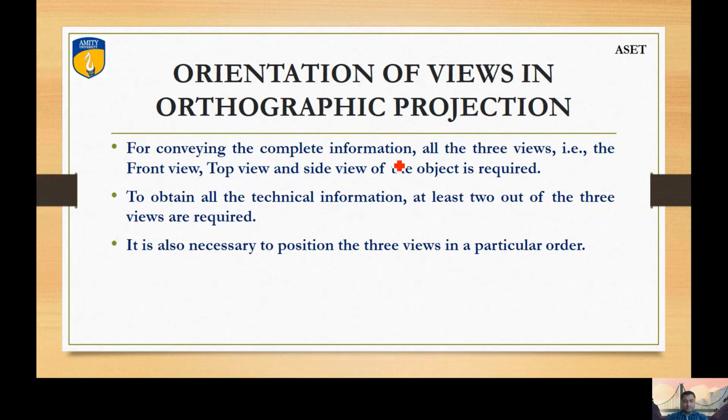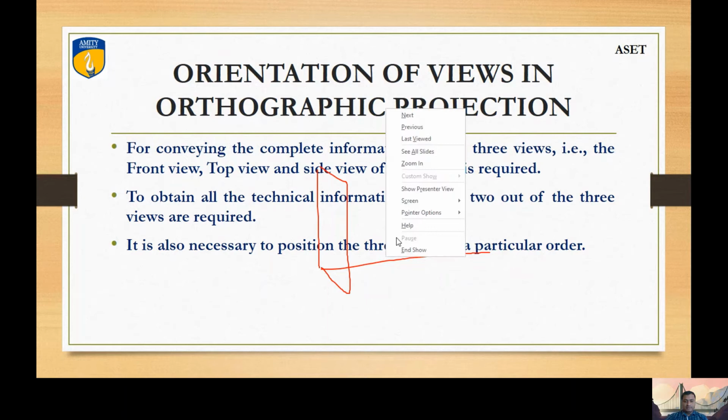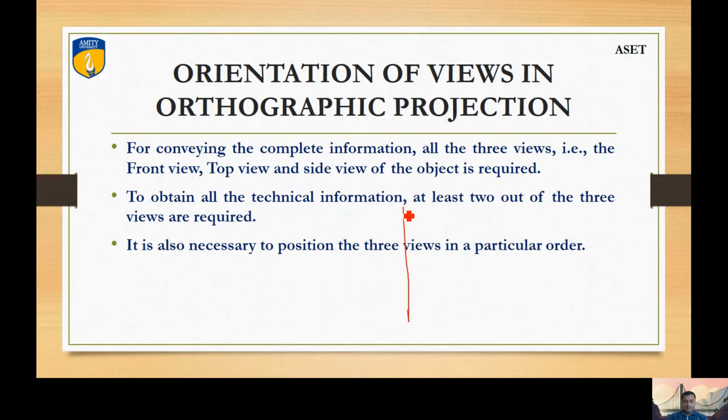As I have told you, there is one vertical plane that should be like this, and there is one horizontal plane that should be like this. So as you can see here, if this is my vertical plane VP and this is my horizontal plane HP, some quadrants are appearing here. This will be the first quadrant, this is the second quadrant. With respect to HP and VP, there are four quadrants appearing. So this will be my third quadrant, and this should be my fourth quadrant.